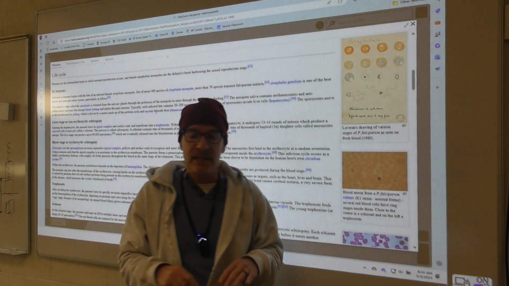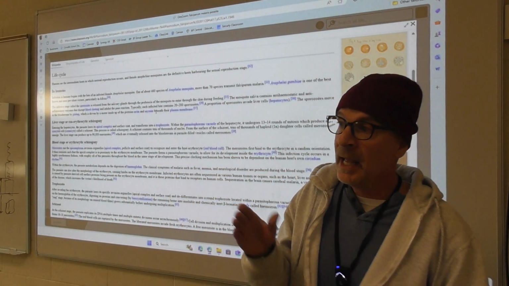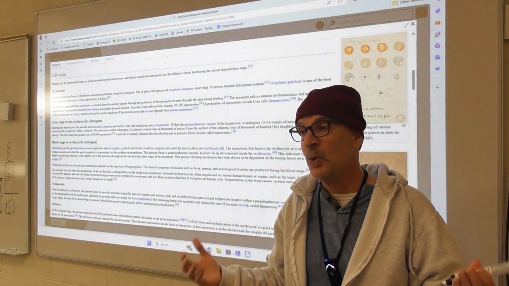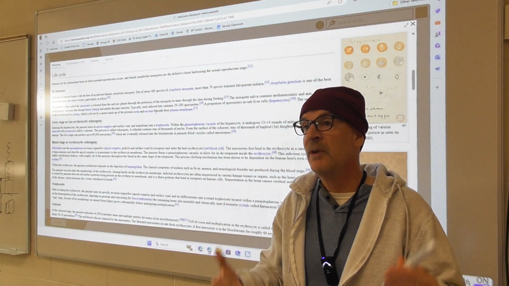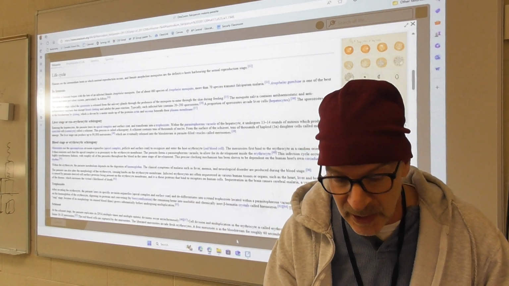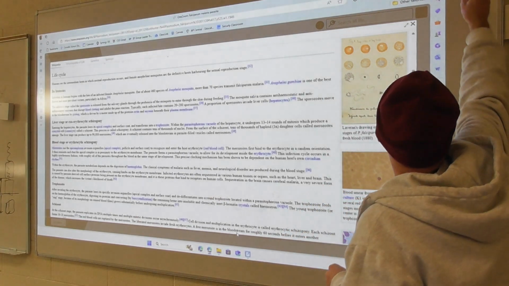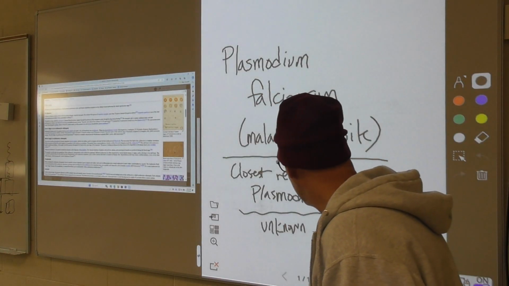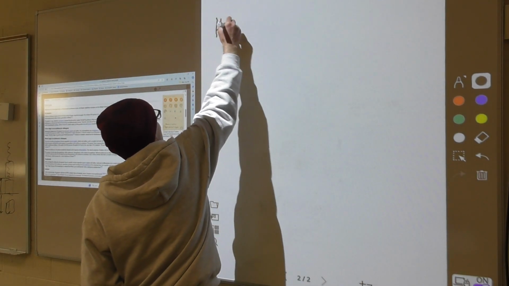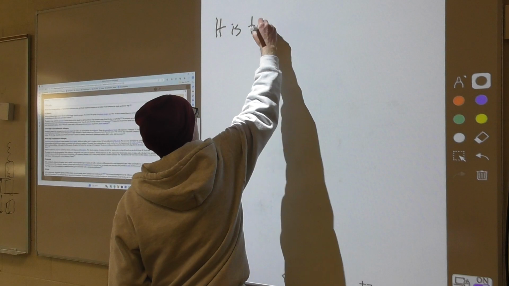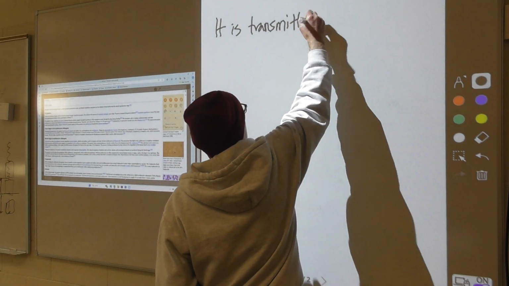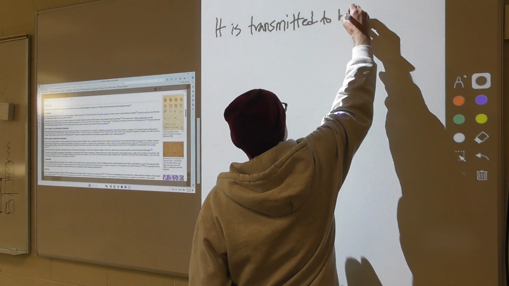So let's go back to this idea of an adaptation. An adaptation is some sort of unique characteristic or quality of an organism that allows it to survive or reproduce. So here's something that is really cool about the organism that we're looking at, and that is that it is transmitted to humans